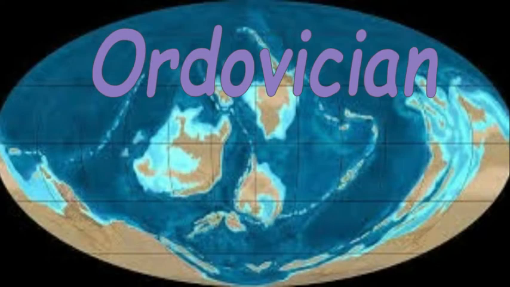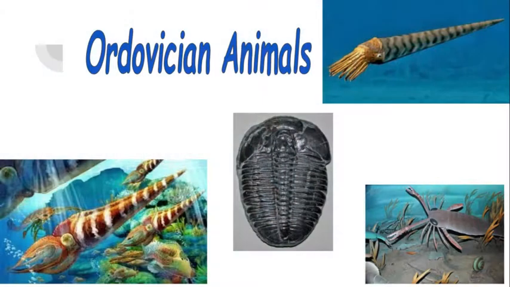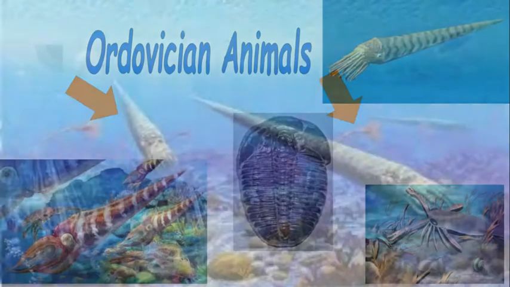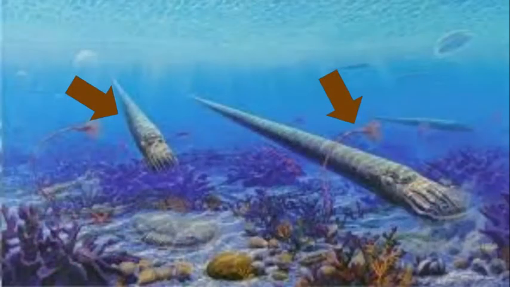Next is the Ordovician period. Here are some more Ordovician animals. As you can see, the cephalopods were very famous in this period. And then more trilobites and sea scorpions. You can see these two